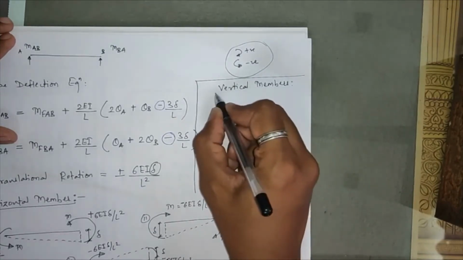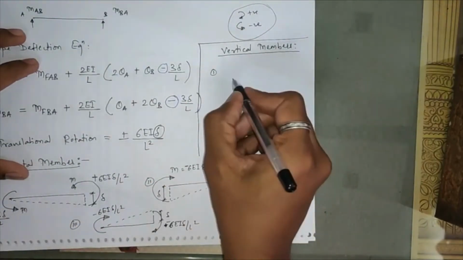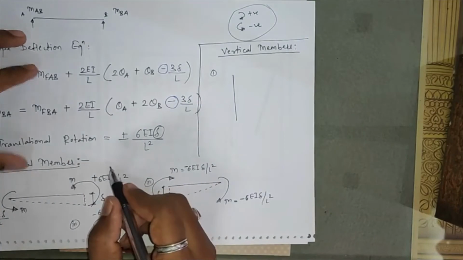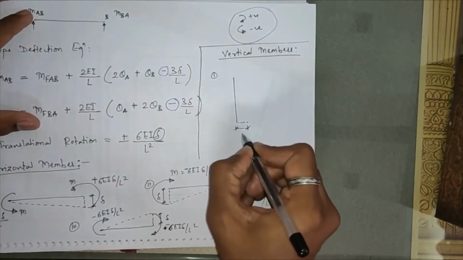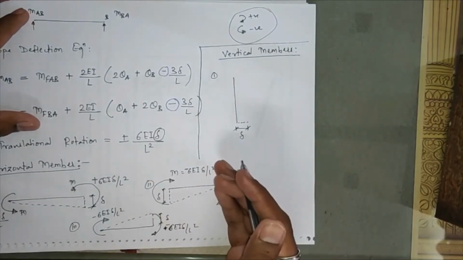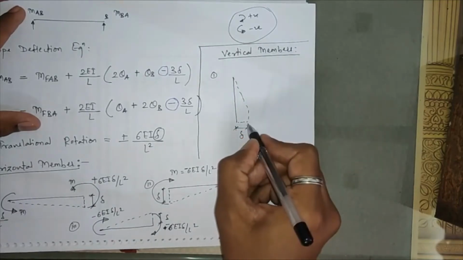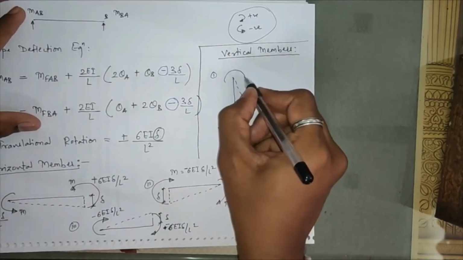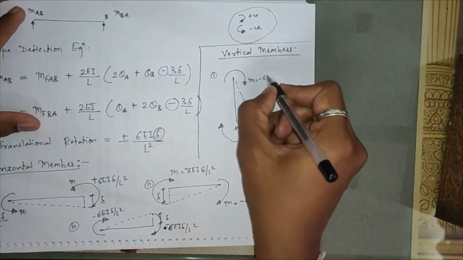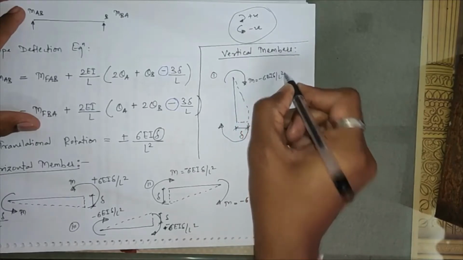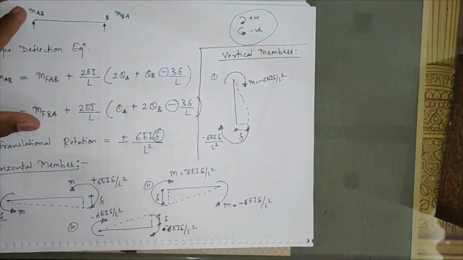Okay, I'll just take an example of one upward deflection and one downward side deflection. This will be my first example. Suppose this is a vertical member over there, and this end is deflecting by an amount delta on the rightward side. What will happen due to that? Your deflection pattern will come in this way, which will induce translational rotations, clockwise in nature. Again, the moment M will be minus 6EI delta upon L square, and the same minus 6EI delta upon L square.